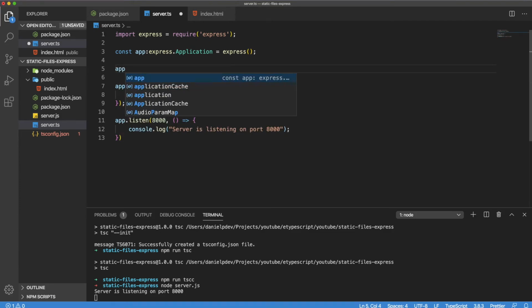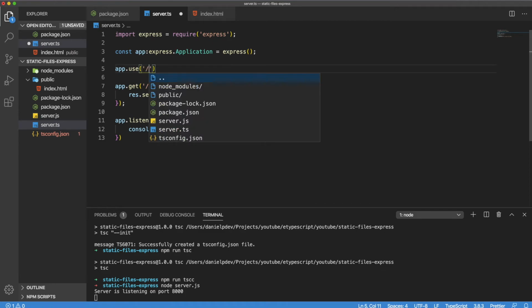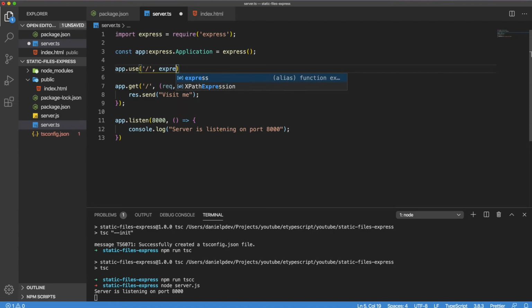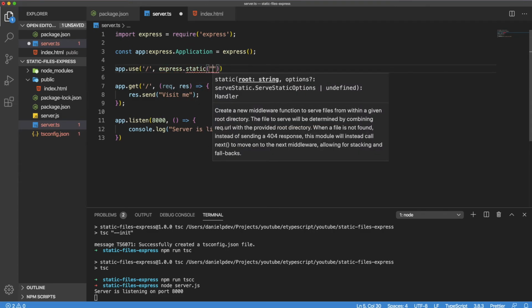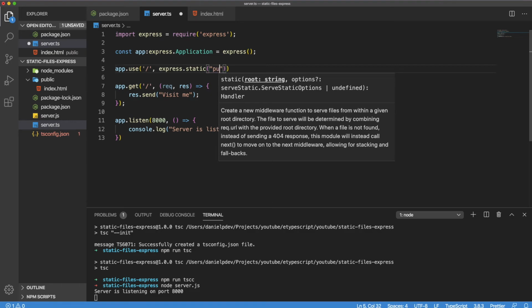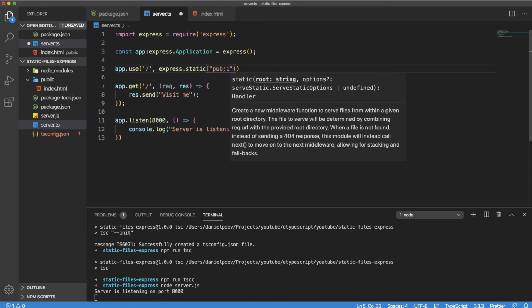let's use a middleware to serve those static files. So for this, we are going to use app.use, and when we hit the root of our domain, then we are going to use the express.static, and here we need to specify the folder from which we are going to serve those static files. So for now we are going to use the public folder,